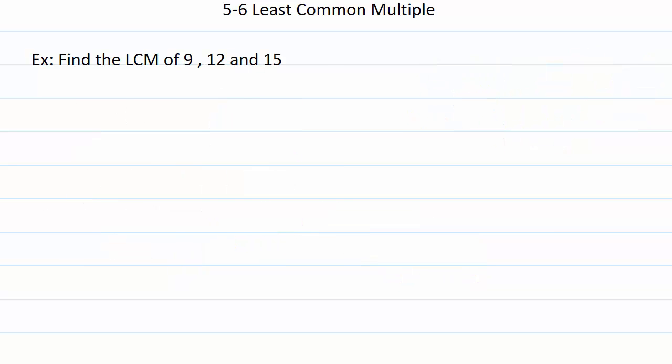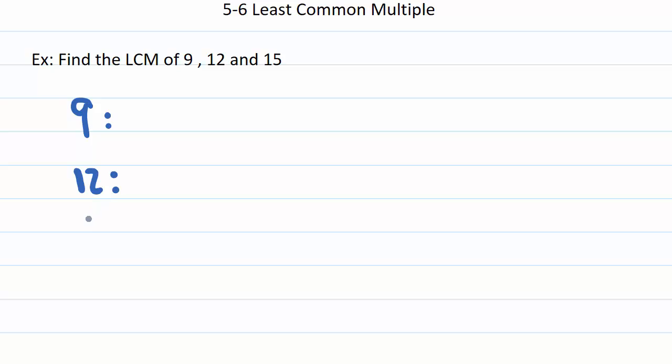So this example asks us to find the LCM of 9, 12, and 15. So I'm finding the lowest common multiple of 3 things. Again, I could list out all the multiples of 9, all the multiples of 12, all the multiples of 15. Well, I couldn't really list all of them, of course, because there's an infinite number, and I certainly don't want to do that. But I could try and list them out until I found the lowest one that is common, that is not 0. But the more efficient way to do it is to find the prime factorization of each